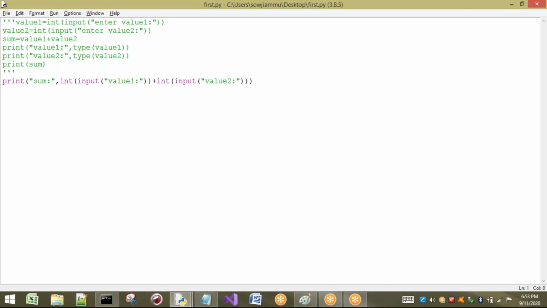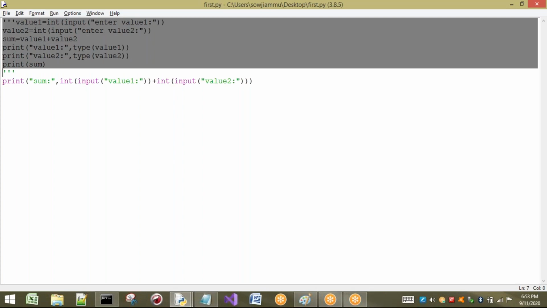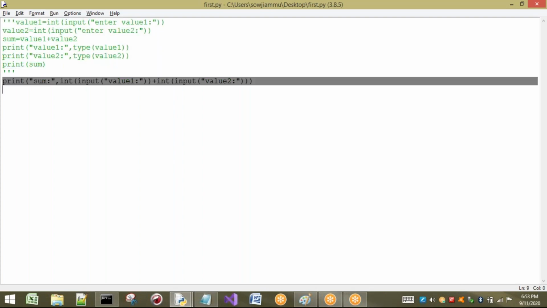So see, first I have taken some 8 or 9 lines to execute a sum of two numbers. Next I have taken these two this way, which contains some 6 statements. See here, in one single expression, I have evaluated the sum of two numbers. So one main advantage of Python is what? The code will be less to do a task. Okay, right. This is about how to evaluate a small expression and how to take inputs.